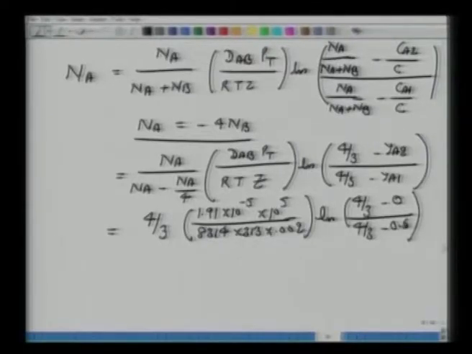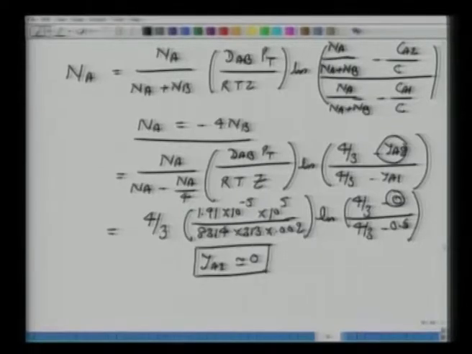So let's make a note here also. We are assuming Y_A equal to 0 or approximately 0, and here, as you said earlier, there is a restriction. Why are we assuming the mole fraction of A at this catalytic surface is 0? The reason is only one: it's a very fast reaction. As soon as A arrives, it's getting converted into P. So the mole fraction of A at the surface is 0.